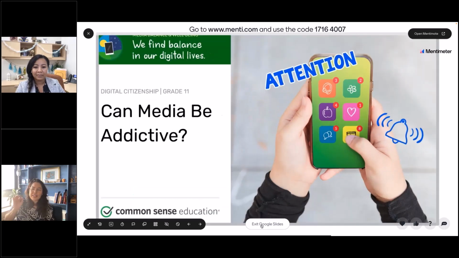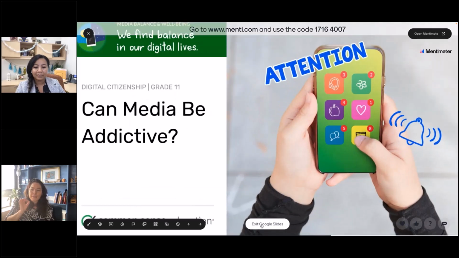And then the other piece that I put in here was about, can media be addictive? Anybody who is on social media, any of us who have one of these really nice phones and get notifications and alerts, like, ooh, someone wrote about you. I'm watching it right now. Like Twitter is saying, ooh, Sue, somebody mentioned you in their tweet. And I'm like, ooh, what is it? Can it be addictive?